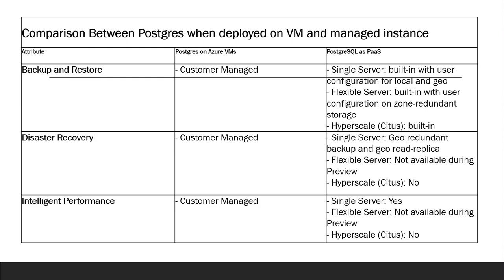But in case of virtual machine, you have to do it. Even for the disaster recovery, you have to manage it yourself. In case of single server, it is geo redundancy. You can have the geo read replicas as well. And those are the basics of what is available and what is not available in infrastructure virtual machine and the